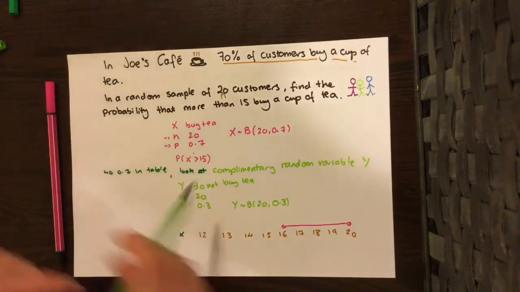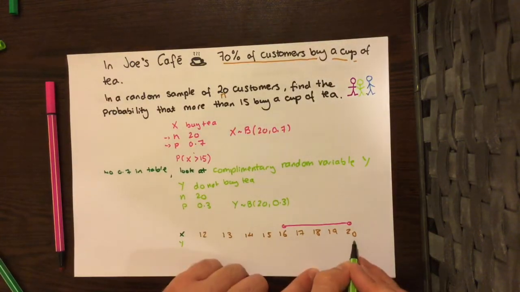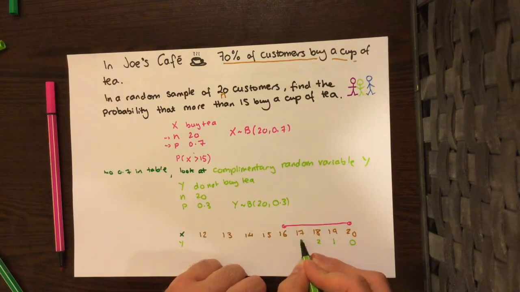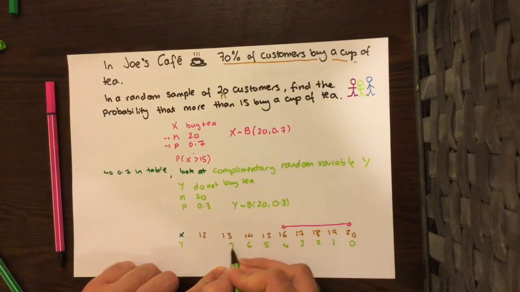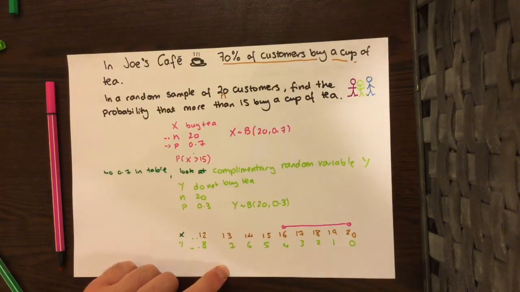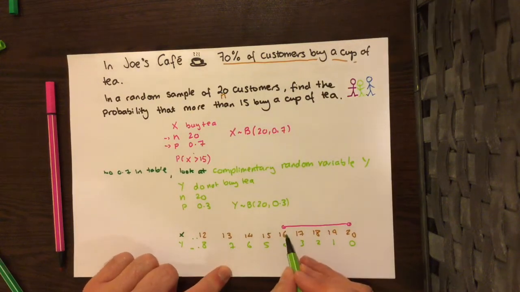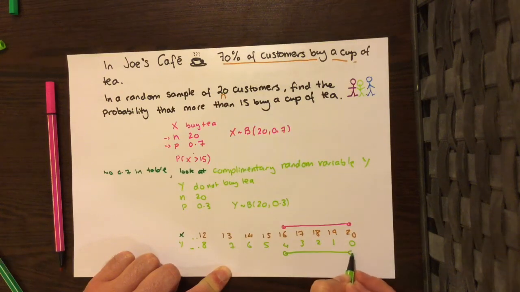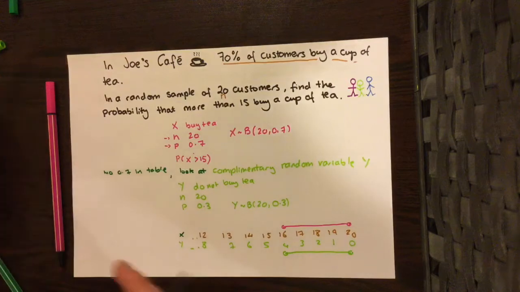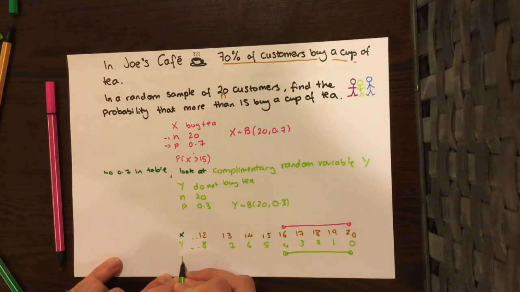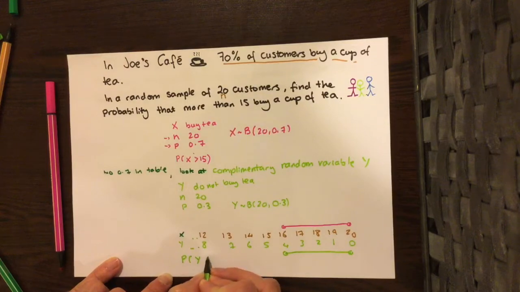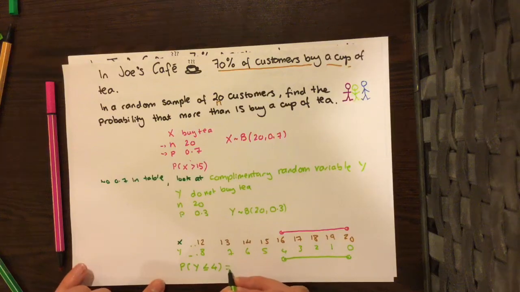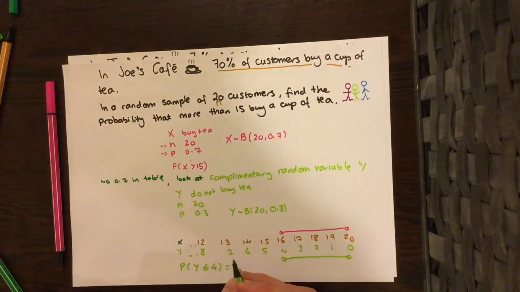Now in our reverse case, the Y, if 20 buy tea, then 0 don't. If 19 buy tea, then 1 doesn't. 18, 2, 3, 4, 5, 6, 7, 8, etc. So the same chance of 16 buying tea is 4 or less not buying tea. So now you can jump to your tables and try and find a probability that Y is less than or equal to 4, which is, you found it yet? You found it? That's right, it is